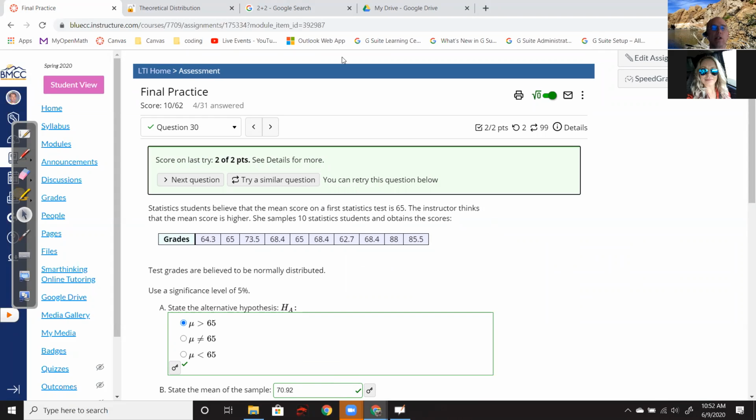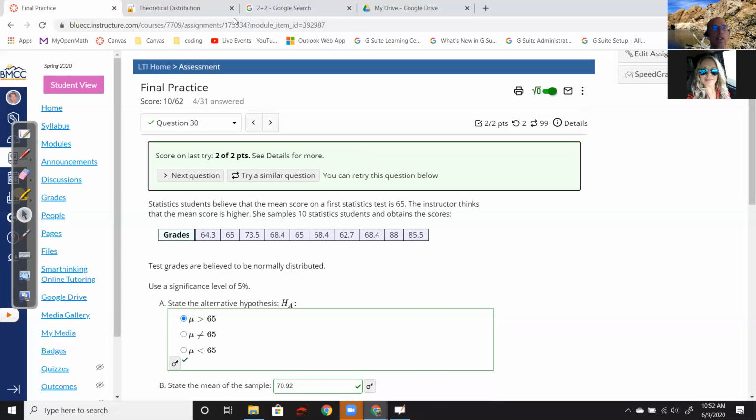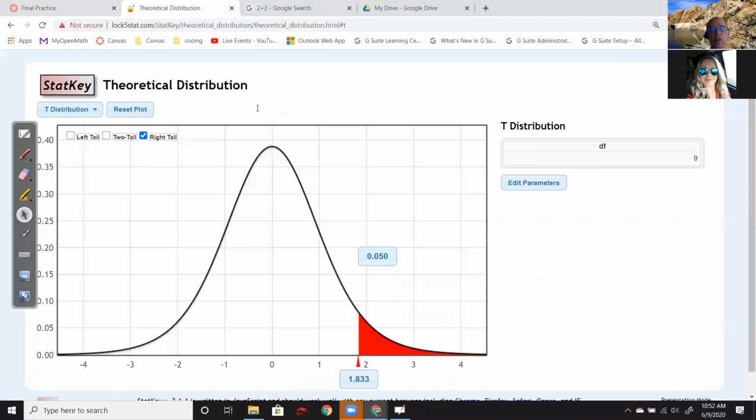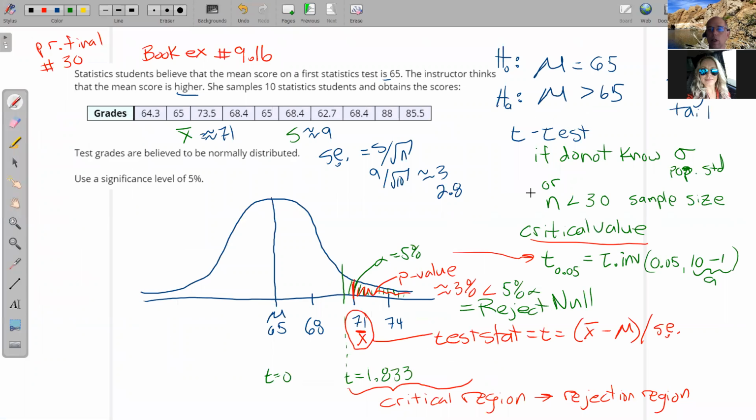As far as StatKey goes, the only thing I can really do in StatKey, like I did here, is calculate the critical value. I could also calculate the p-value if I know the t-score. So again, my t-score based on the data was x bar minus mu over the standard error, and mine came out to be 2.1-ish. So if I go over to StatKey and I enter that t-score,